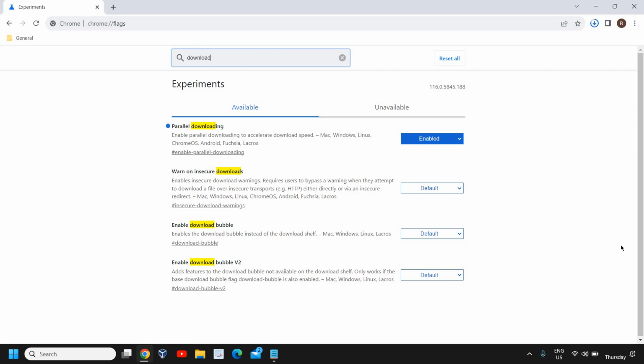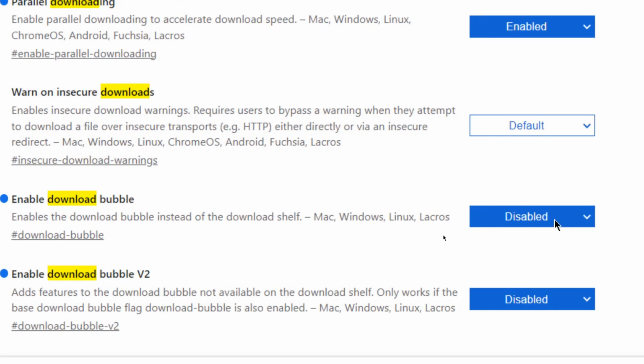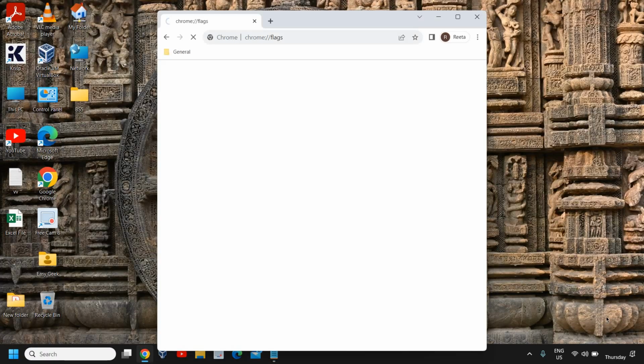Now, the moment you type download, the last two options are enable download bubble and enable download bubble v2 that needs to be disabled. So I'll click on default and I'll click on disable, and again I'll click on disabled from here. So both the options are disabled actually, and now we just need to click on relaunch, and here